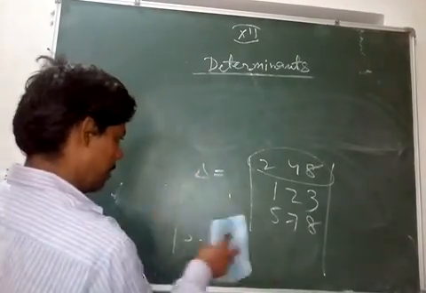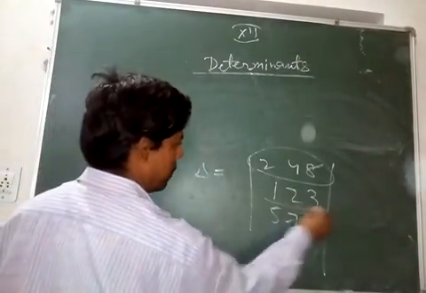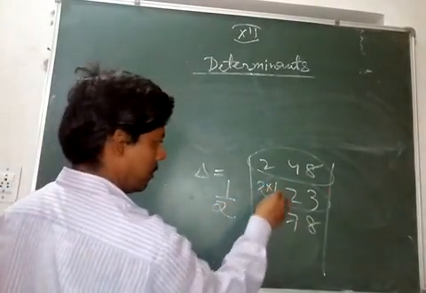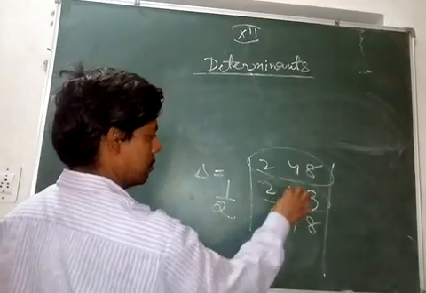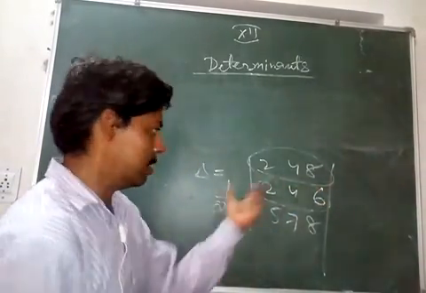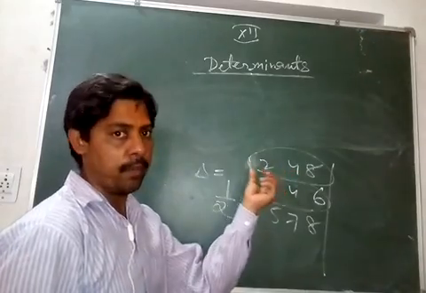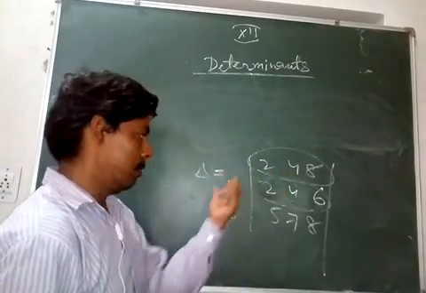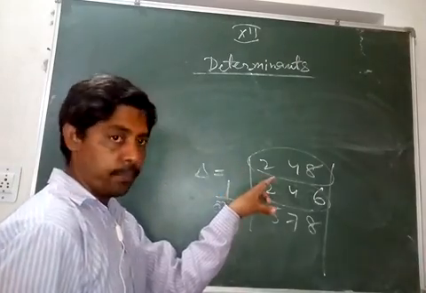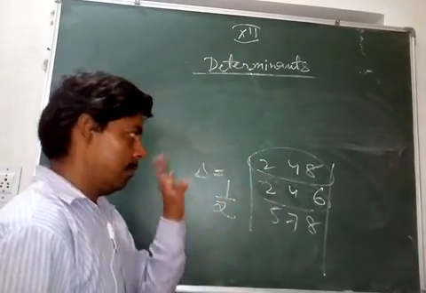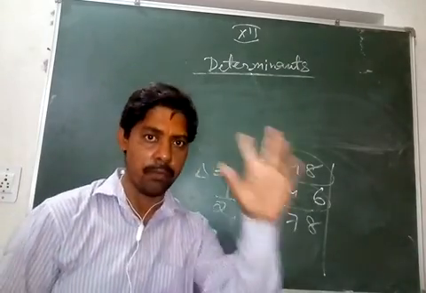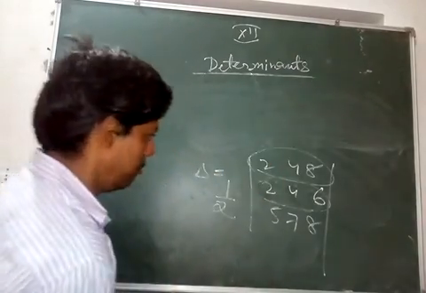Suppose I want to multiply this row by 2, so I will have to divide by 2 and then I can multiply this row by 2: 2 into 1 is 2, 2 into 2 is 4, and 2 into 3 is 6. This also I can do. So these are the two transformations, that is you can multiply any number by a single row or single column, but you have to keep either you can take it common outside, or if you are multiplying then you have to divide by the same number. In matrix, every number is multiplied by that number, but in determinant, only one row or one column is enough. So this is a very important property.